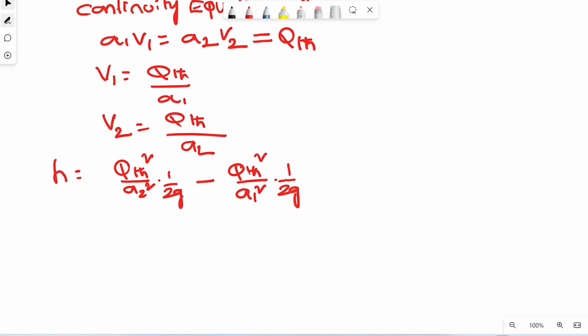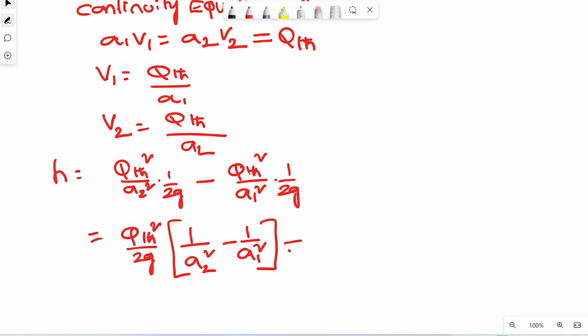If I take common Q TH squared by 2g, into 1 by A2 squared minus 1 by A1 squared, is equal to